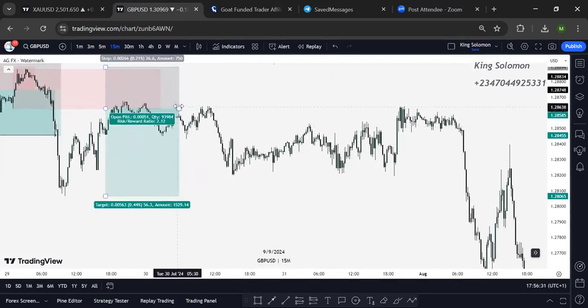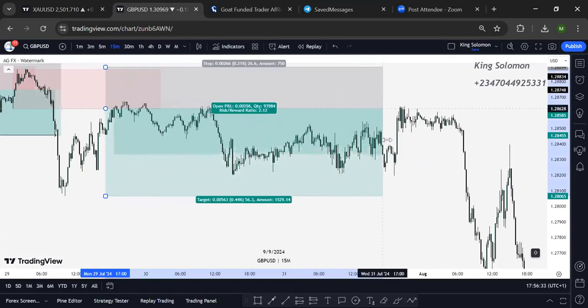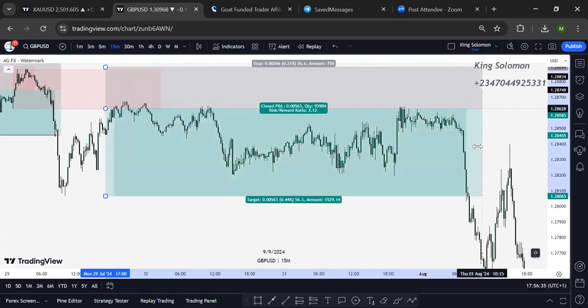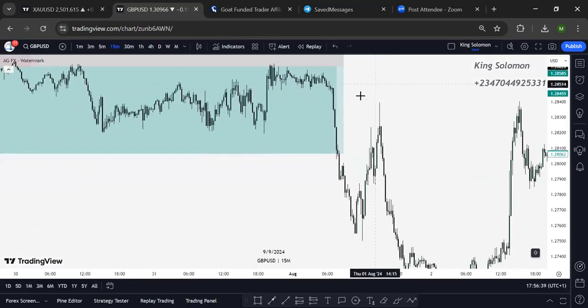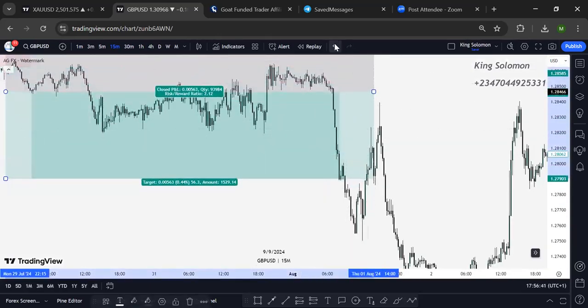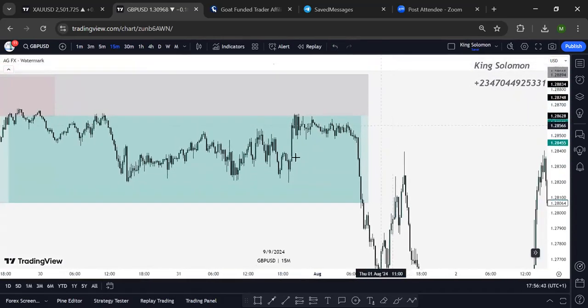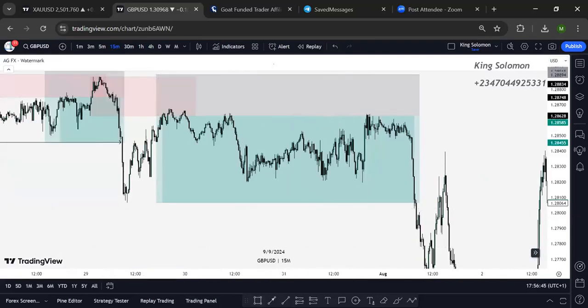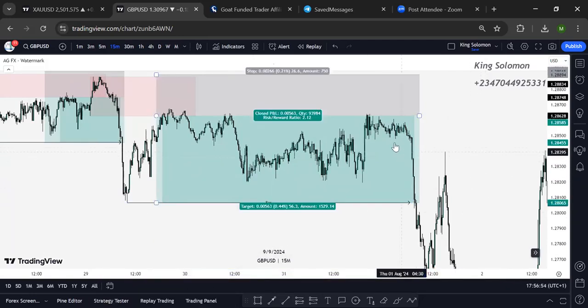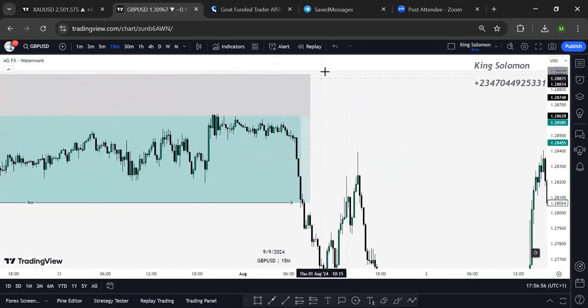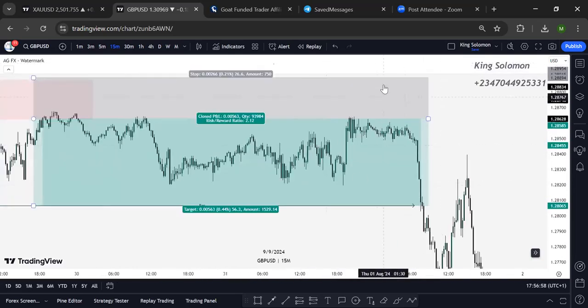So you can see that price did what, though it took time, but then finally did what, it hit the TP. Yeah, it hit the TP. So from here again, you want to ask, where is the next buy before sell, right? Since we are still bearish, we broke structure here, right? So from here,